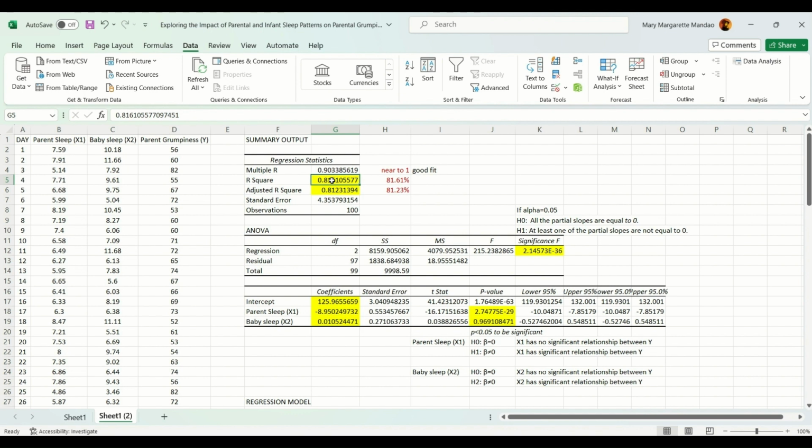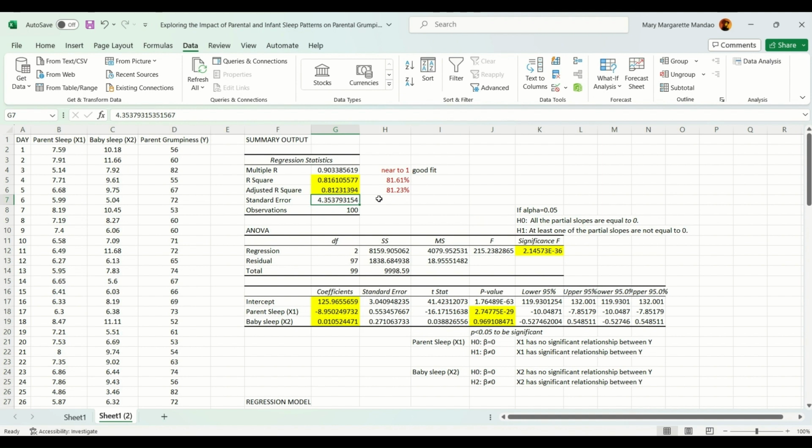So it shows how many points fall on the regression line. So as you can see, we have 81.61% R square, and the adjusted R square is 81.23%. Now, the number of observations is 100,